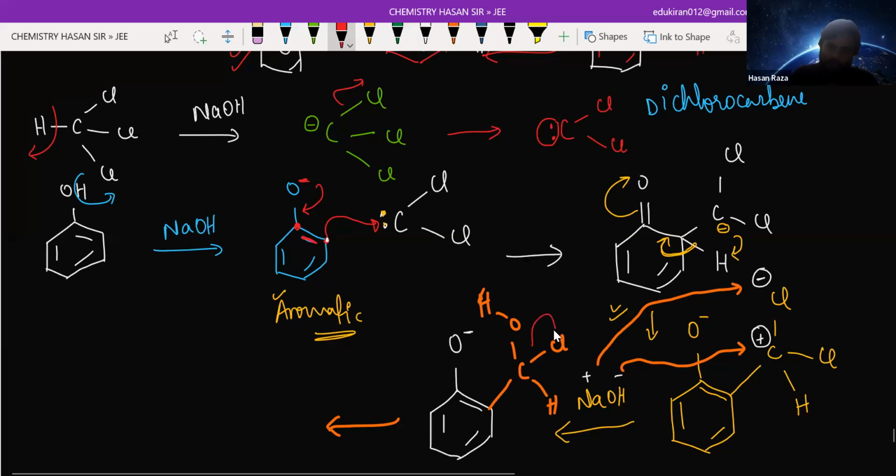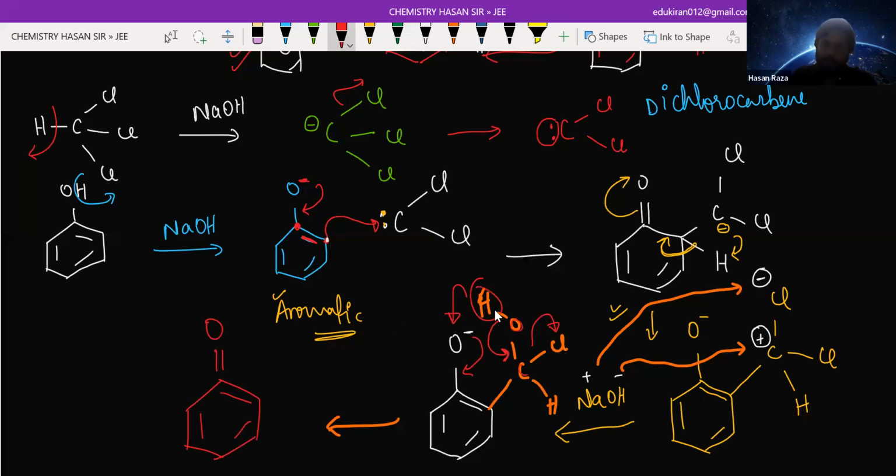First of all, this chlorine will be lost. When chlorine is lost, the hydrogen-oxygen bond will be broken, and there will be a double bond between carbon and oxygen, and this hydrogen will go with this oxygen. So how am I going to write it? You can see the ring will be as it is. Now you can see this moves to this, so it will be a double bond to O, and you can see hydrogen is coming with